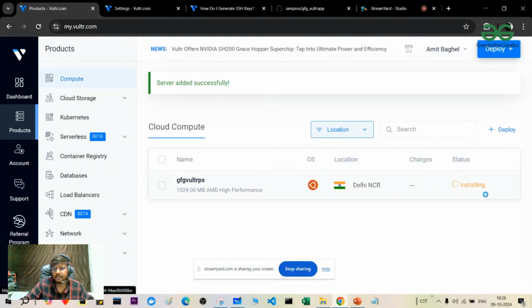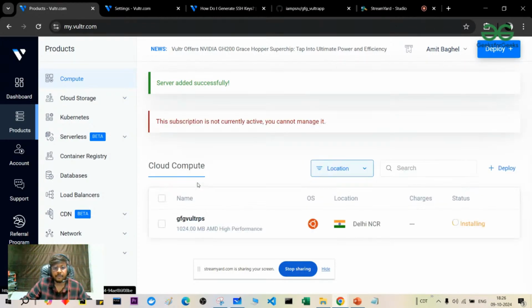So right now it's just installing everything, which is the initialization phase, and we have to wait for a moment. And once it is up and running, we're going to connect to our instance with the help of those keys I talked about, through the CMD. Okay, through the command prompt, we're going to connect to our instances. So what we can do, we can just go inside and